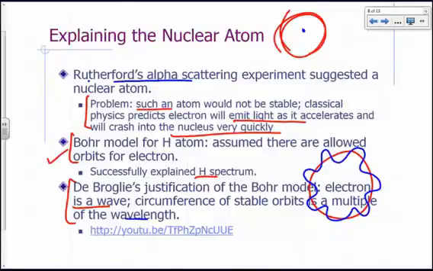And if you have a multiple of the wavelength of the electron, then you don't get destructive interference of the wave around that orbit. Whereas if the circumference is not a multiple of the wavelength, you'll see, for example, let's say you start over here and you have a wave,